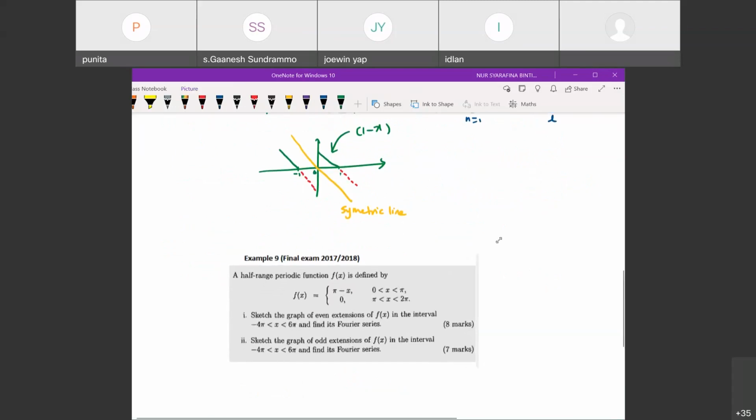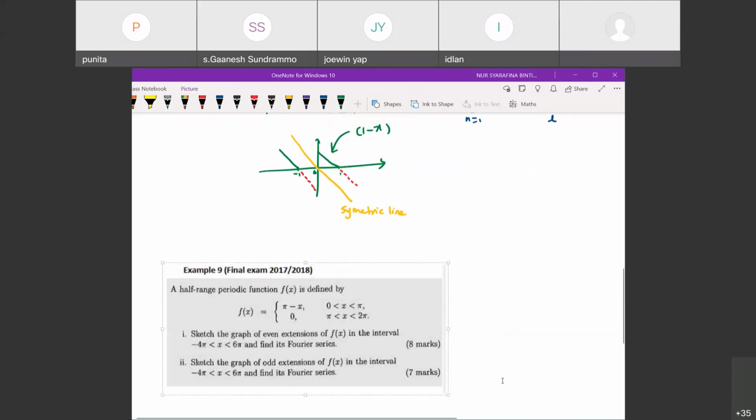As you can see, okay, you are given a half range, right? You are given a half range periodic function. So this is the function given. Then you need to sketch the graph of even extension. You need to sketch the graph of odd extension. So once you extend the function in terms of its graph, so that it can be even or odd, only then you know that Fourier series is